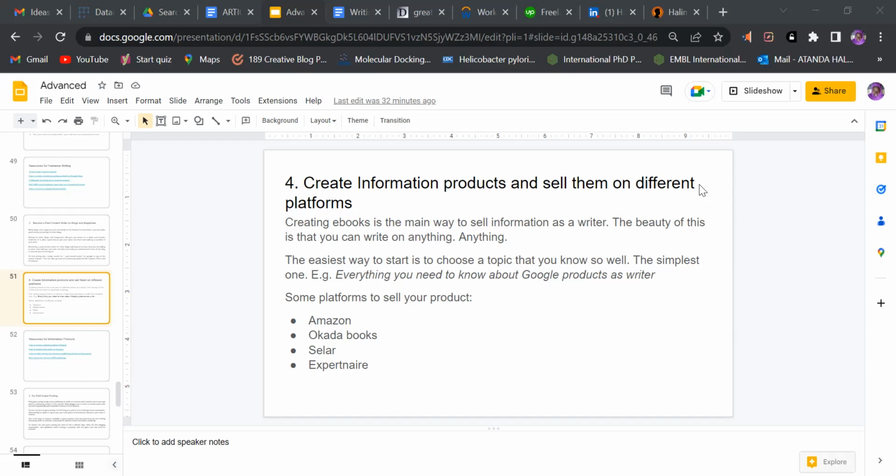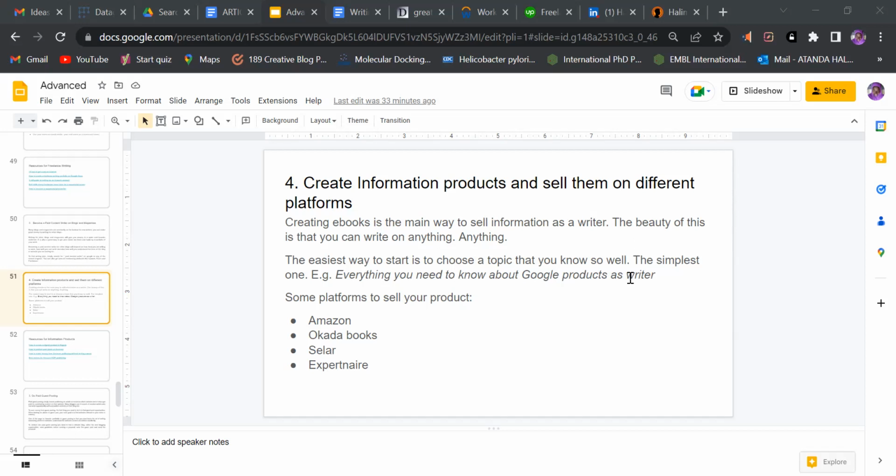To start, and anybody can do this, anybody, just pick a topic, the simplest topic that you know. The example I gave here is about me. If you don't already know, I love using Google products as a writer, because it makes a lot of things easy for me. Now, many people do not know how much power they have. Many writers. Now, let me make that even more specific. Many newbie freelance writers have no idea how much power they have by having a simple Gmail account.